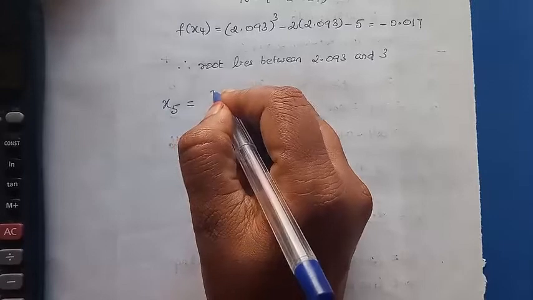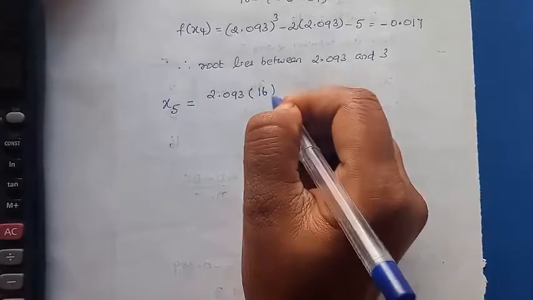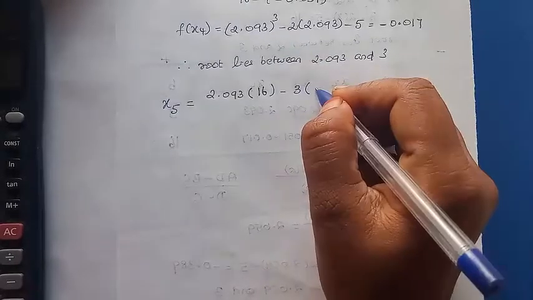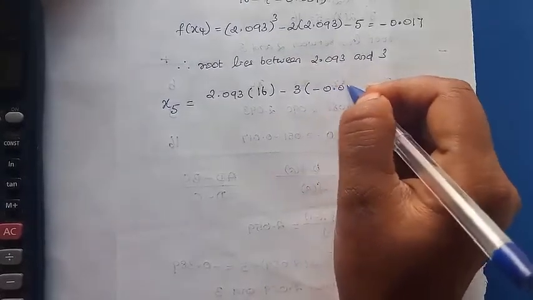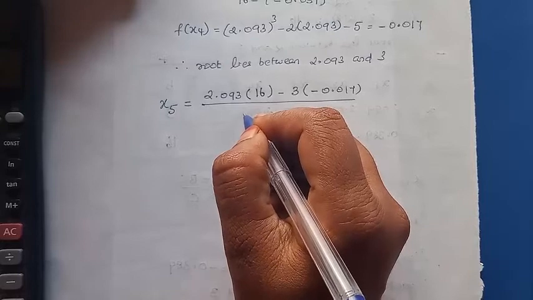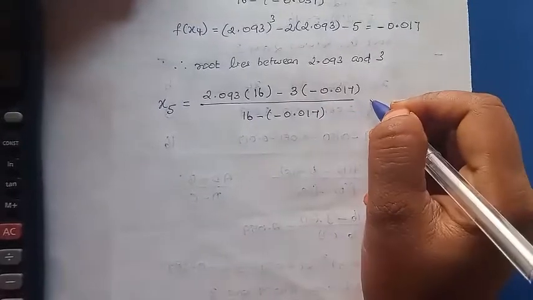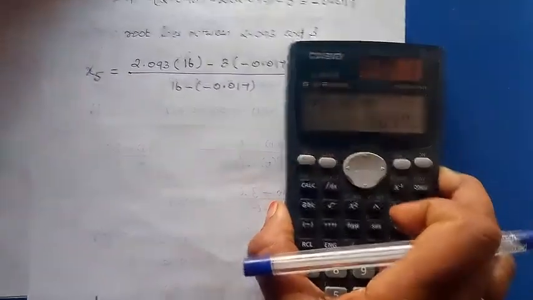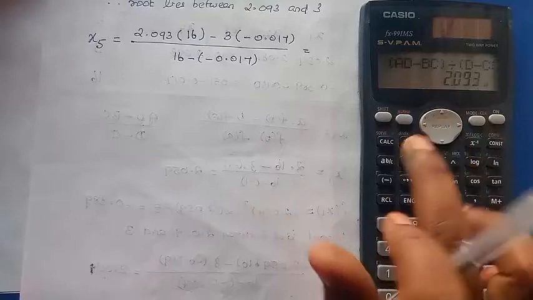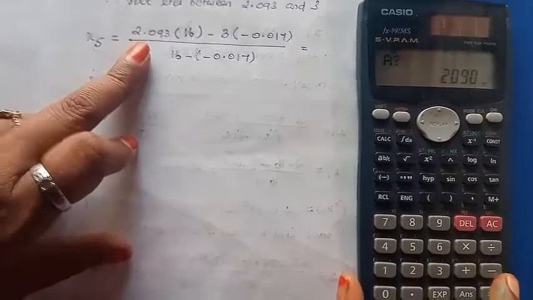Let us substitute these values to find the value of the approximated value x5. So a value is 2.093 into f of b is 16 minus b value is 3, f of a value is minus 0.017 divided by f of b minus f of a, which is 16 minus of minus 0.017. Now let us try this in the calculator. So press this arrow which shows the already entered formula. Now press this button CALC which asks for the a value. A value is